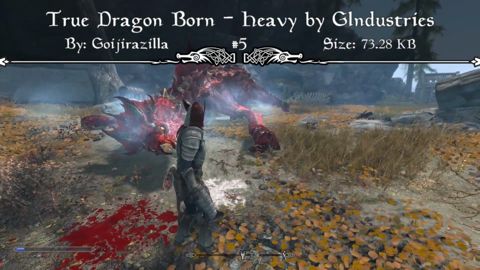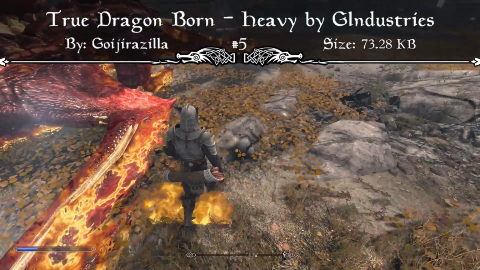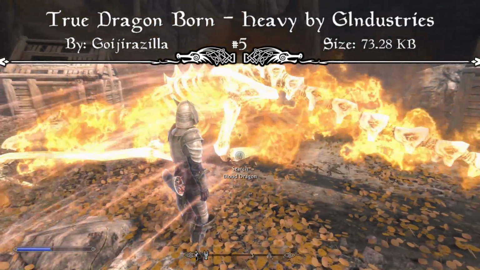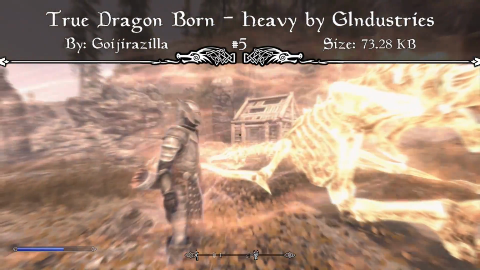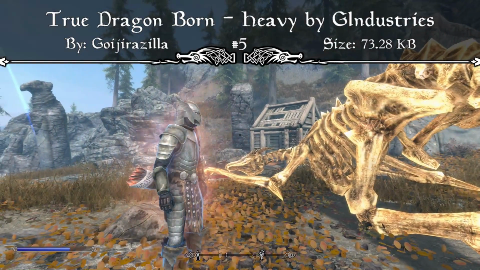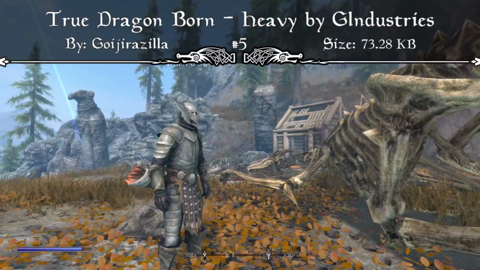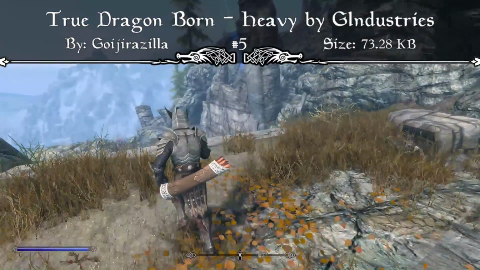Your shout recovery is also changed by 0.02% every 10 dragon souls, which is very fair, and you also gain 5 points for unarmed damage every 10 dragon souls absorbed. Now you also gain resistances for absorbing dragon souls. Every 10 dragon souls you'll get 2 points added to your disease resistance, fire resistance, frost resistance, shock, magic, and poison resistance. And if you are eager enough to go out and kill over 100 dragons and absorb 100 souls,